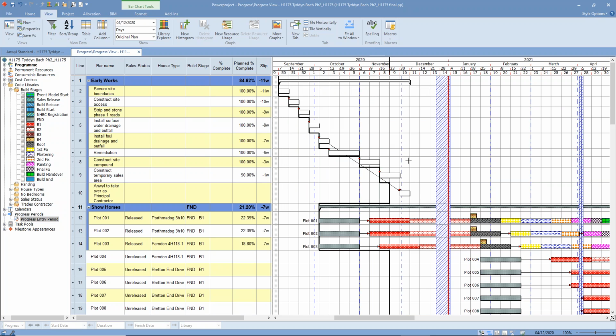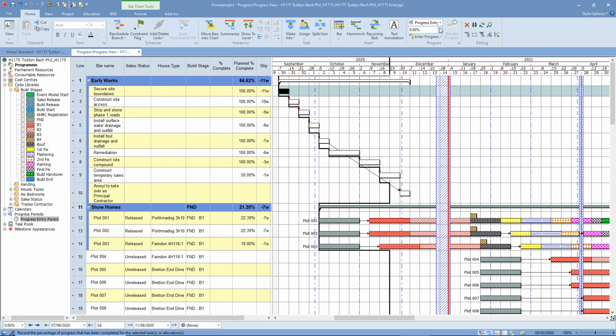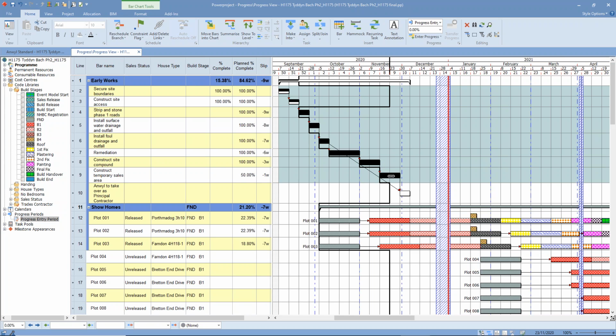And then anything that's sitting behind that line that hasn't been done will bend that line backwards. So you can edit these individually. You can select a single task, and on the tab up here you can say, well, I've done 100% of that. You could type in here and say I've done 100% of that. We can select a whole series by clicking and shift clicking. So we select everything, and then we could say we've done 100%,